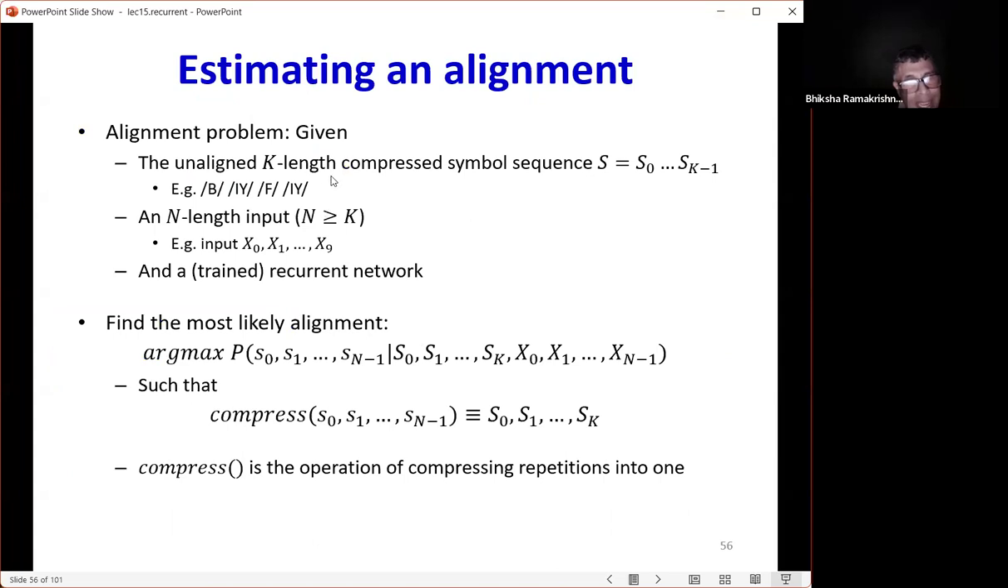You're given a k-length compressed sequence like this, S0 through Sk minus 1, and you have an n-length input sequence, where n is going to be greater than or equal to k, because we are looking at order synchronous outputs. So the number of inputs has to be equal to or greater than the number of outputs. And now, when I'm trying to give you an alignment, I'm going to